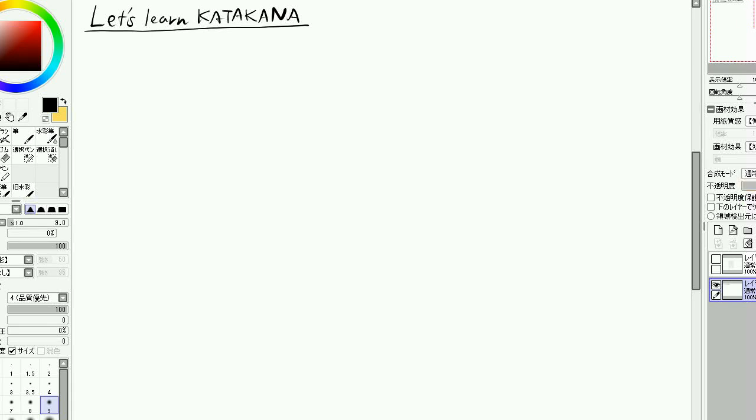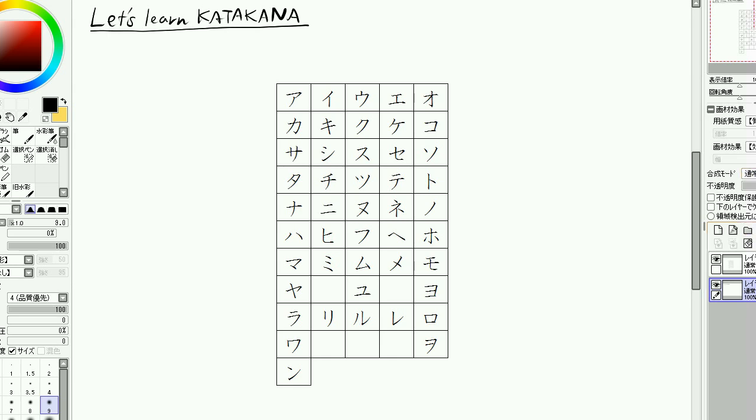So from today, we're going to be learning katakana. And first of all, I'm going to show you all katakanas here. So if we count them all, we have 5 columns here and 10 rows plus 1. So it's nearly 5 times 10, so 50. So actually, this table is called 50 sound table or 50 sound diagram, in which we can learn all katakanas